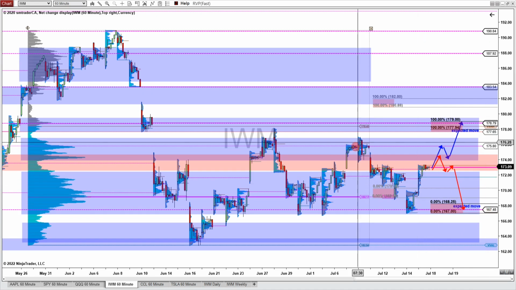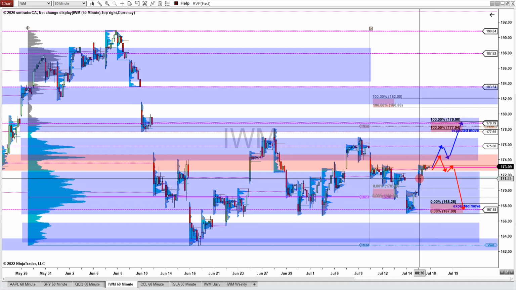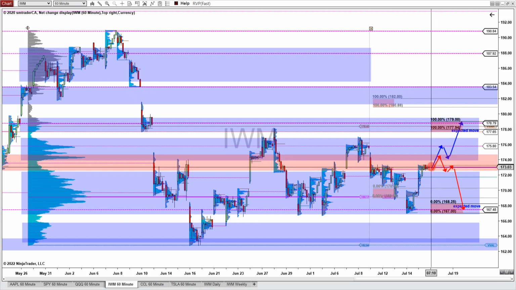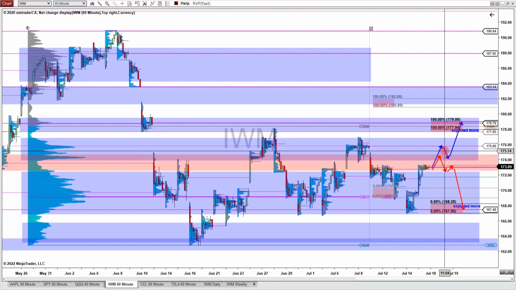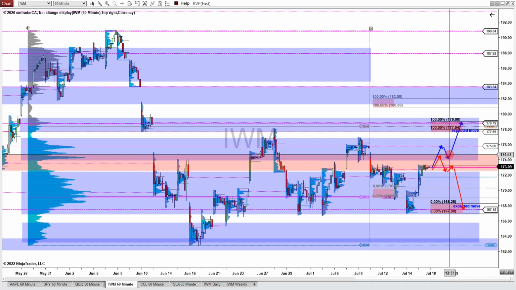Now, once again, similarly to the QQQ and also the SPY, we'll continue to see a little bit more continuation on the upside and looking for this to push up to a little bit of a resistance area near the 174.60, 174.50. And if it could get above this resistance area, then look for this virgin point of control at 175.80 to get tested and see would it be able to get above it. So we could see a little bit of a pullback back to this resistance turn support zone area at the